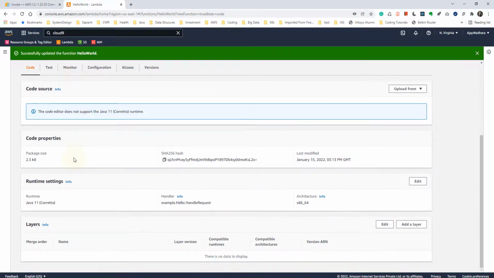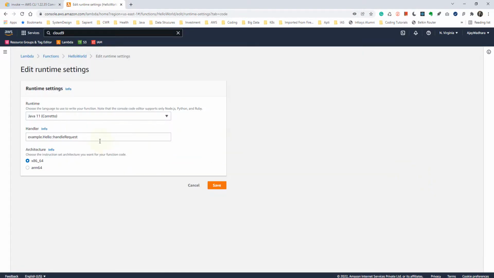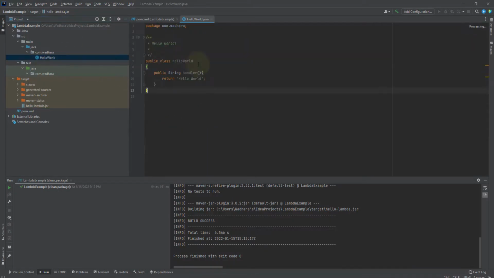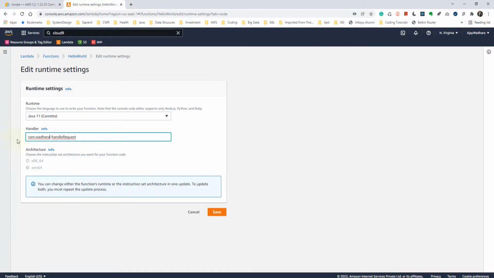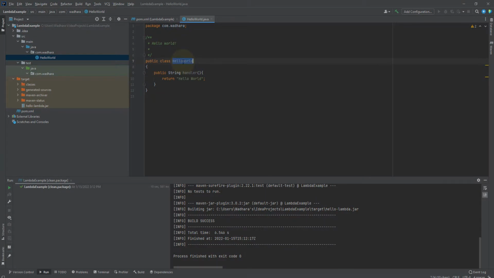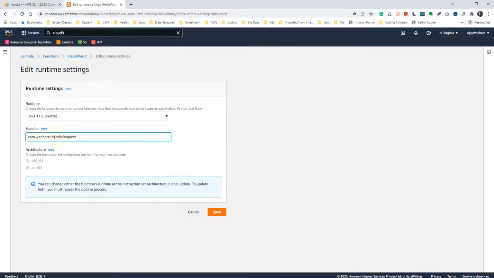Next change that you have to do is to edit the runtime settings. You can see as of now this would be calling example.hello handle request, but in our case, for our Lambda the package name is different. So I'll just copy this and save this. Then the class name is hello world dot hello world,